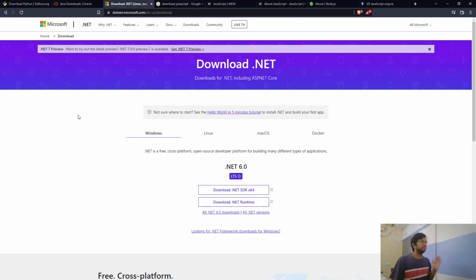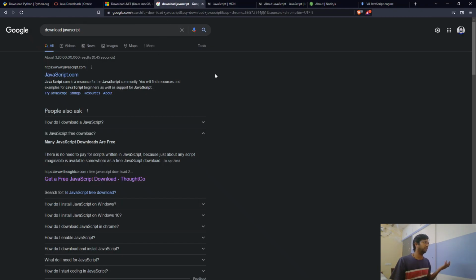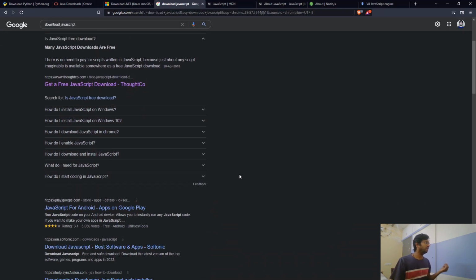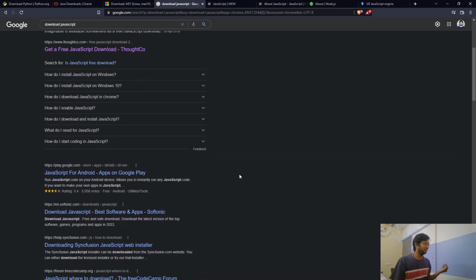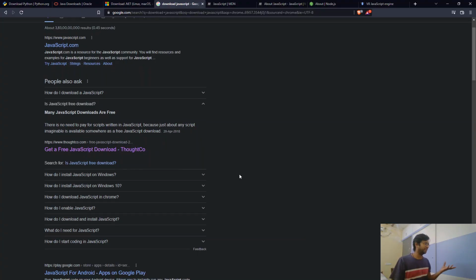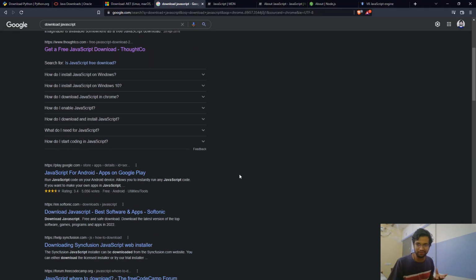And in a similar way, if we go looking for something like, hey, I want to download JavaScript, you will not find how to download JavaScript. Of course, there are a few websites which say that JavaScript is free, you can download that. But trust me on this, they're all trying to tell you about something not really existing out there on the planet. So JavaScript, as we were speaking, similar to a .NET runtime,